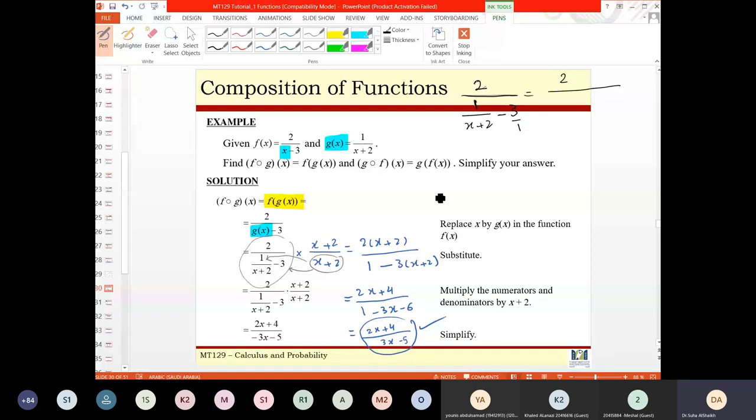This is 3 over 1. I can make a common bottom down there by multiplying x plus 2 في 1. This will be x plus 2. Then I do cross multiplication. This will be 1 minus 3x minus 6. The bottom of the bottom is top. مقام المقام يطلع بسط. So this will be 2 في x plus 2 divided by this one, minus 3x minus 5. This is 2x plus 4 divided by minus 3x minus 5. The same ولا لا؟